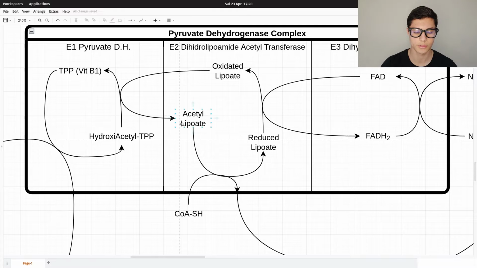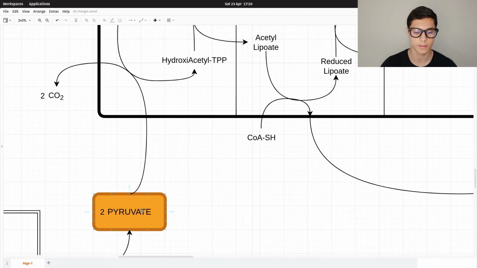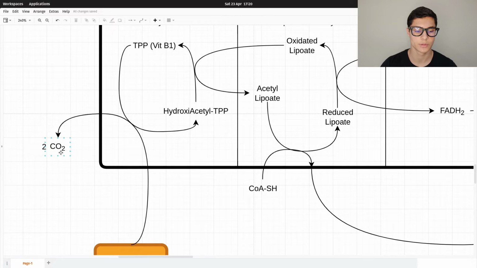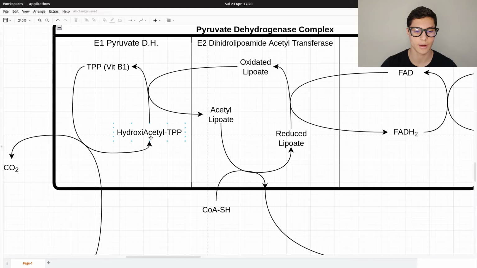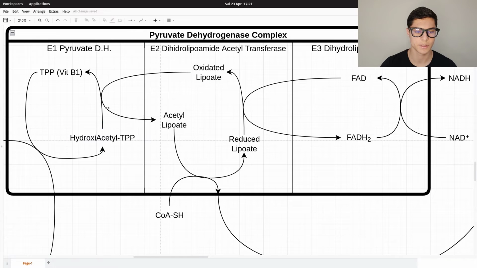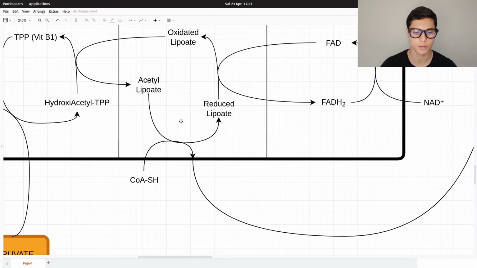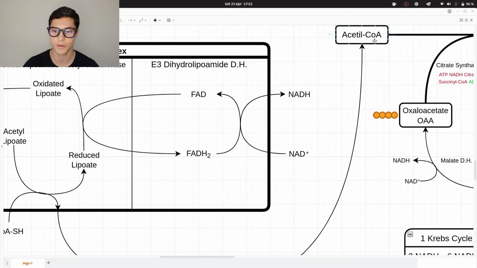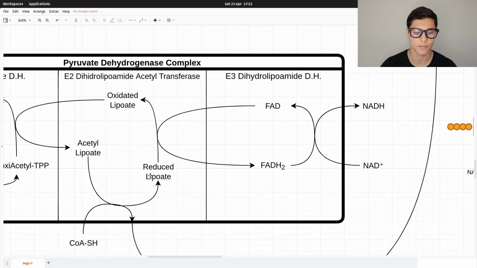Those two carbons come from the pyruvate, because in glycolysis we make two pyruvates, and if we lose one carbon on each one, we get two carbons in form of an acetyl group. So this acetyl group is basically going from here to here, from the thiamine pyrophosphate to the lipoate. And then the acetyl group is going to combine with CoA, a coenzyme A, to create acetyl-CoA. In this process of going from the reduced lipoate to the oxidated lipoate,